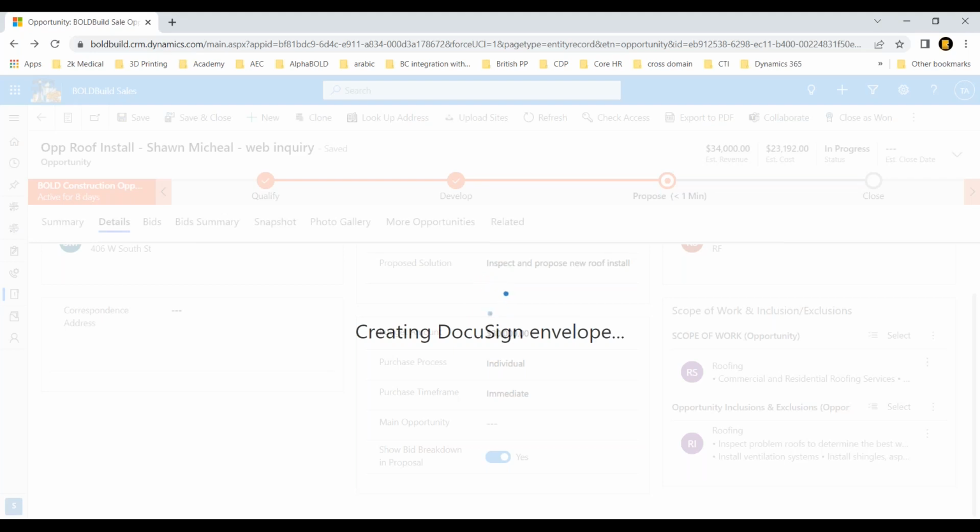Shawn Michaels' email, which is the Hotmail email that I'm using for this, is going to be up there as well. And then the whole thing is ready to be sent out through this process. It takes a little bit of time because it is doing all the things integrated so that they don't need to be done manually.